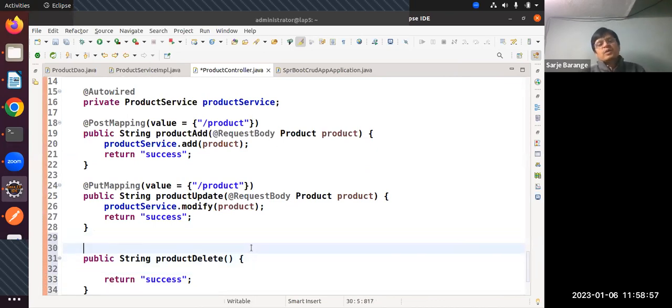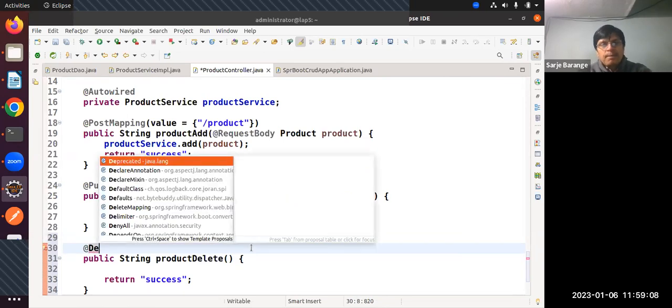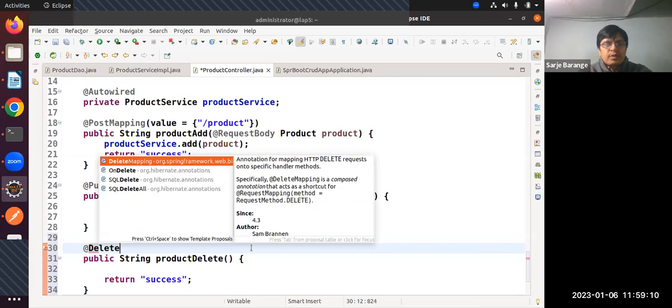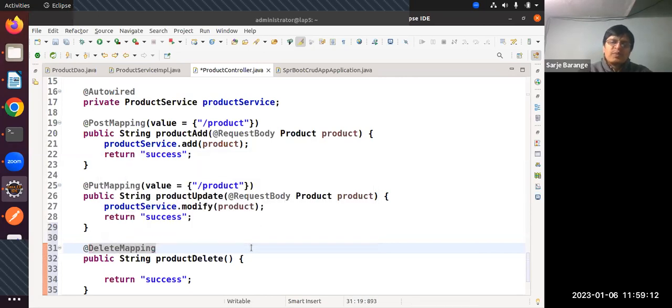While deleting a student, what is the first thing? Yes, we will discuss that approach in just 1 minute. First, I will write here @DeleteMapping. Although you can go for even GetMapping, that is up to you, but it is best you go for the DeleteMapping. Then specify the URL, value,